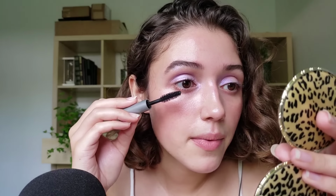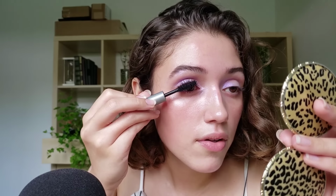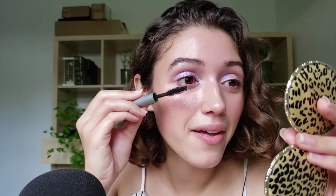So I'm gonna go ahead and apply it to one side and we'll compare the other one. I'm just gonna do one layer. Or what I feel to be one layer. Or whatever, I'll just put some on. Okay. Where's the... Oh. Okay, and... Wow, okay. Check it out. Without and with. I'm actually pleasantly surprised. I always assumed